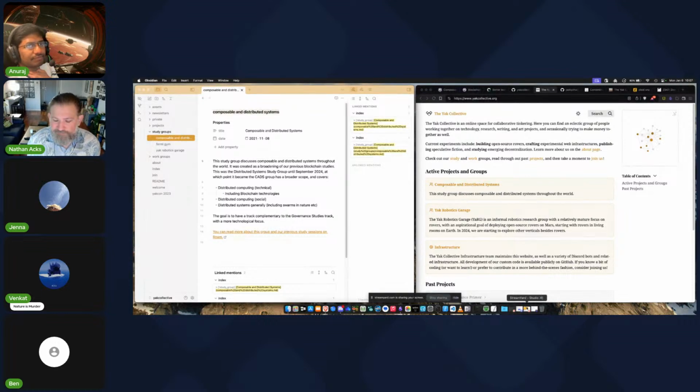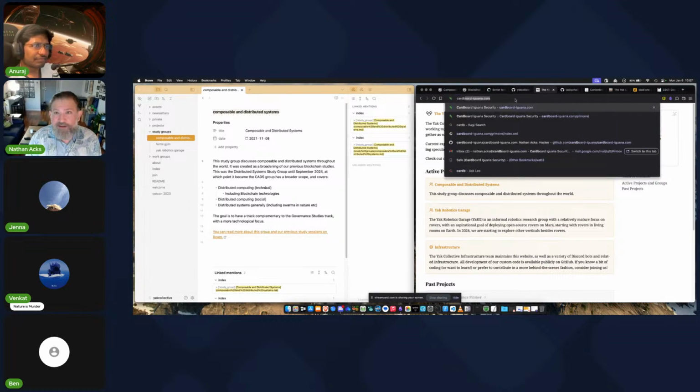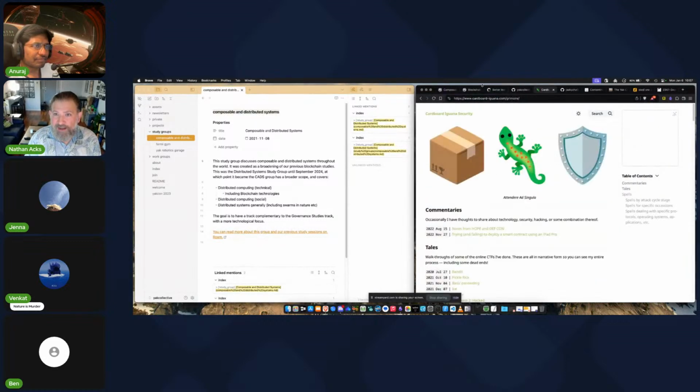I could almost see having a one-time event where a bunch of us clone this for personal sites, like a work party someday to make versions of it. Definitely. In fact, funnily enough, this is kind of where this came from, my personal websites. For example, Cardboard Iguana, I have subsites that are running this, and you'll notice it looks very similar.